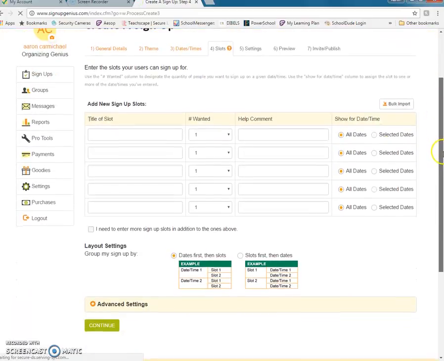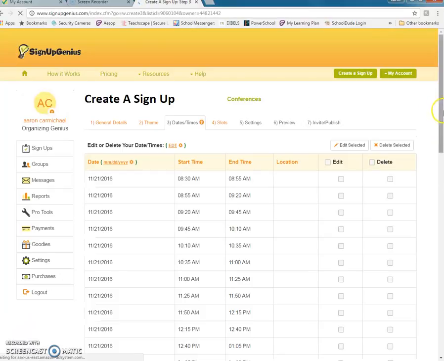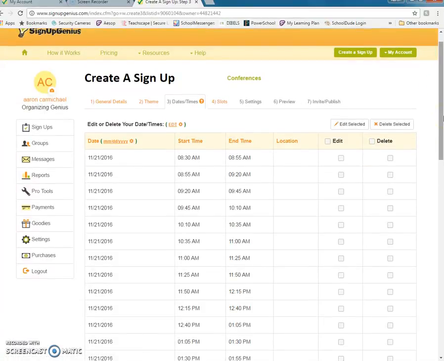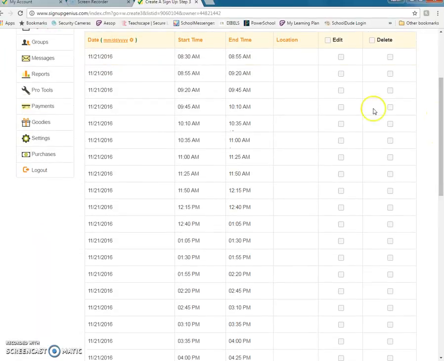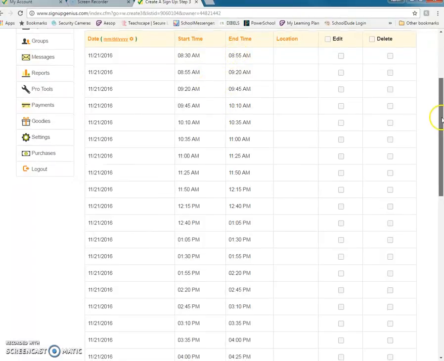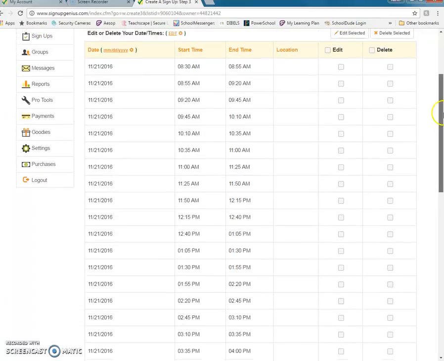And you can see that it has selected all of the different dates, start time and end time. You could also put the location in Letort, that's fine as well. You can see underneath all of November 21st, it has a start time and an end time with 25-minute increments all the way through. If you wanted to box in a lunchtime for yourself, all you would have to do